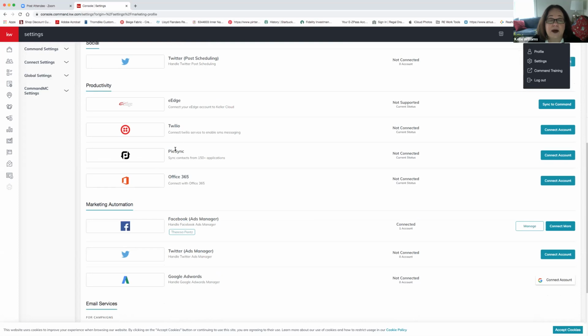If you want to use PieSync, there again, it's a little bit complicated. I don't recommend using PieSync. PieSync is another way that you can get your database contacts into Command. But at this point, they put that in there because PieSync would have allowed you, let's say you were using Lions Desk, and you wanted to use both Lions Desk and